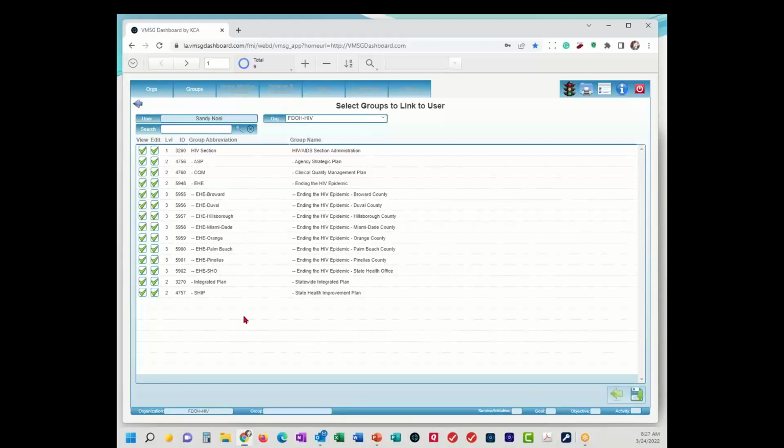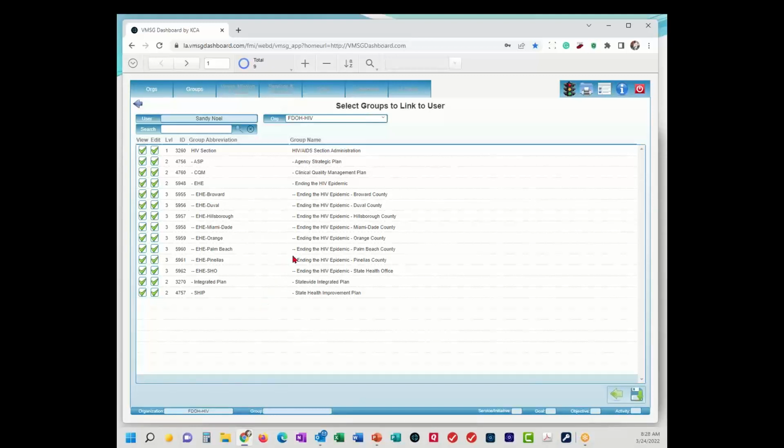But what that allows you to do is to edit anything in your particular group, but just view things in the other group. And realistically, you can generate charts and graphs and reports from the other group. You just can't change anything in there. So that's how you can set up the permissions at this level, at the group level,